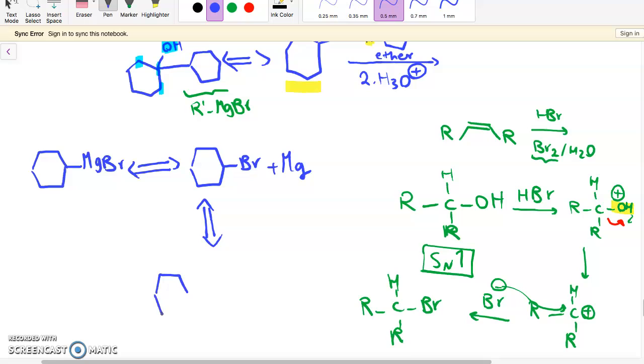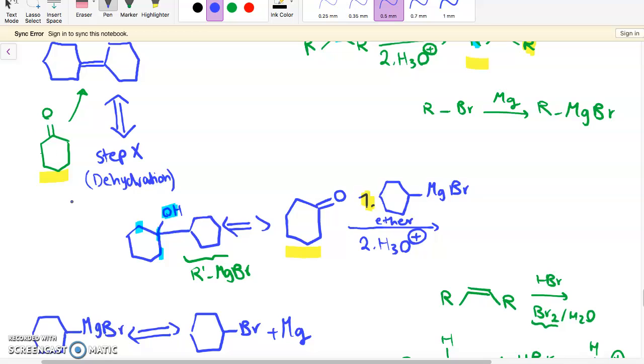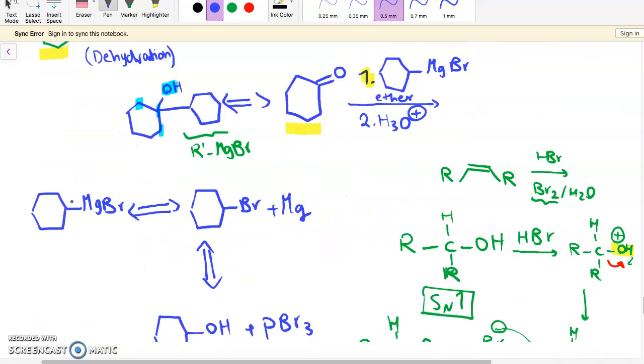If you start with alcohol plus PBr3, we're going to get our alkyl bromide, bromocyclohexane. And lastly, if I compare this alcohol to my ketone, that should be an easy one, because